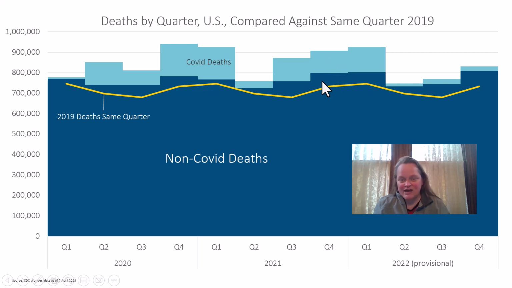You can see there's a lot of non-COVID excess deaths if you consider 2019 to be our baseline, and I do. But you can see that a lot of the excess deaths, as it were, is coming from COVID in Q1 of 2021. But then we're starting to get a lot of other things by the end of 2021 and into 2022. And in 2022 Q4, a lot of non-COVID excess mortality.